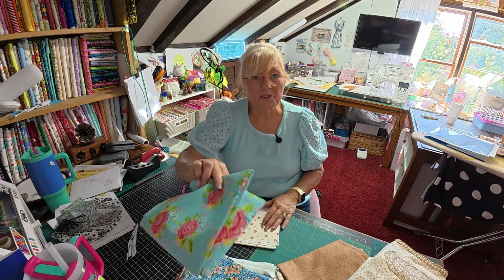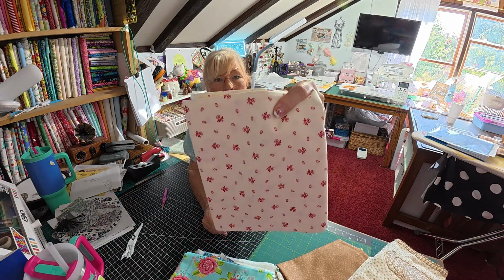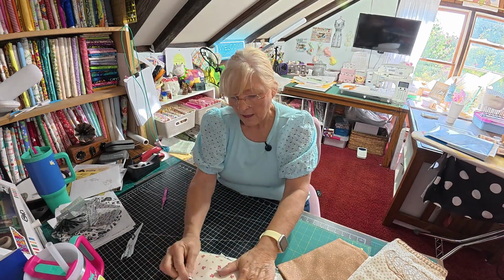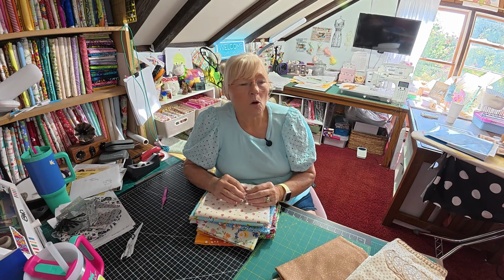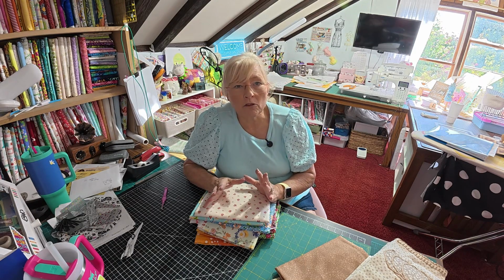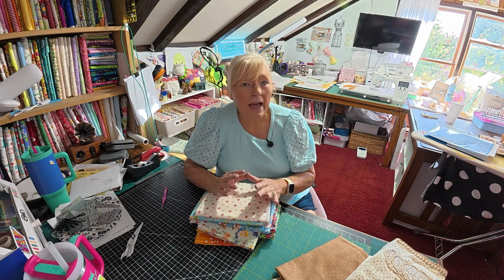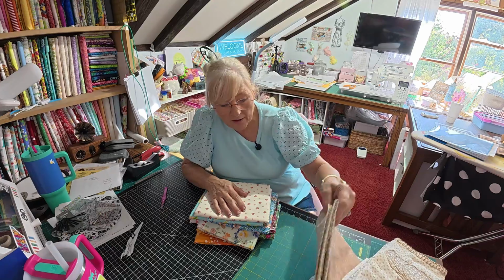Well, I ordered these off of a girl on Facebook. This one's just beige and red. I ordered them off a girl on Facebook. There are tons of fabric de-stash or sewing notions or things like that. There's tons of those groups on Facebook. I do not know what group this was in because I'm in so many of those groups. That's where I've gotten a lot of my Tilda Pink